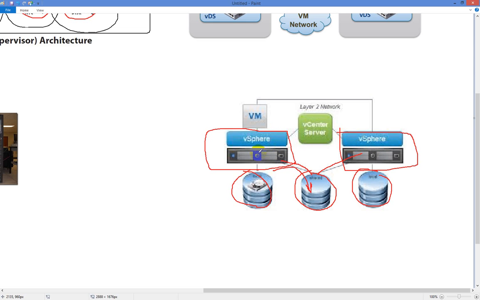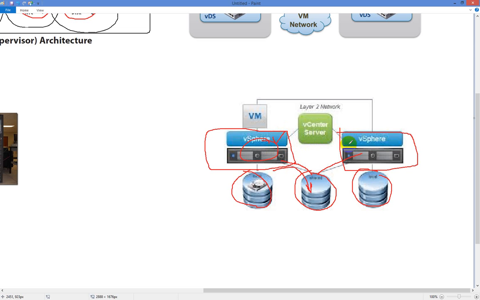That means it's going to remove its locks. This ESXi host will remove its memory and CPU locks, because vCenter is managing it. vCenter will say, okay, ESXi host 1, I need you to release your memory and your CPU from this guy, and I'm going to migrate.